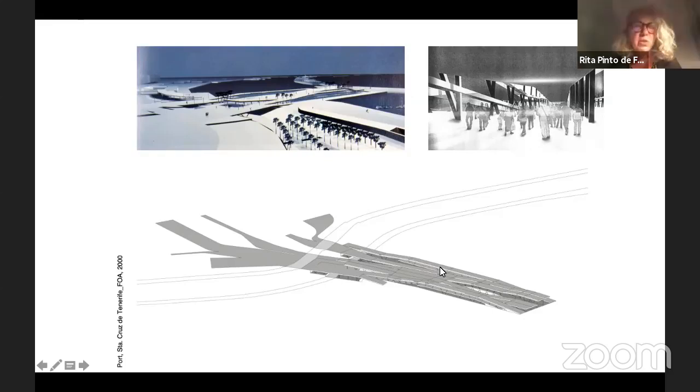Herzog and de Meuron won the competition, not Foreign Office Architects. I think this project was better, and I also like to show them. I also did this drawing to show how it works. It's very complex, but it's a very, very simple system of four prefabricated materials: a concrete slab, and